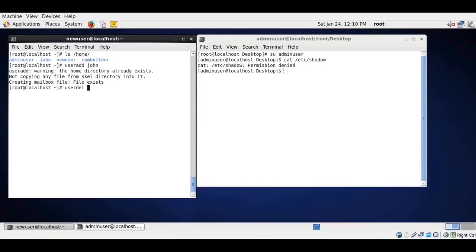So if you want to delete a user along with the home directory, you need to use the -r option. Alright, so that will delete all the files as well. Okay, so this is how we